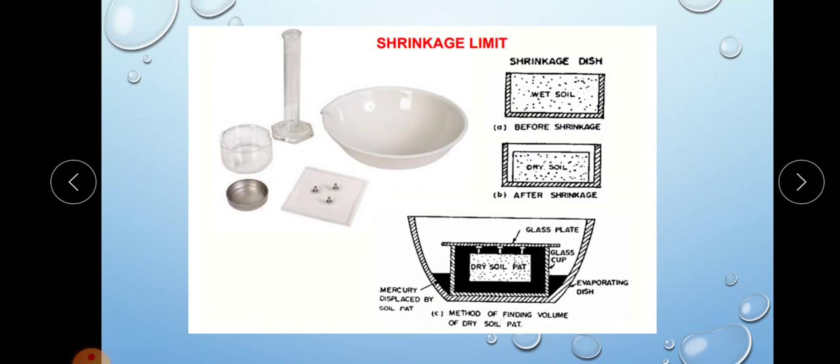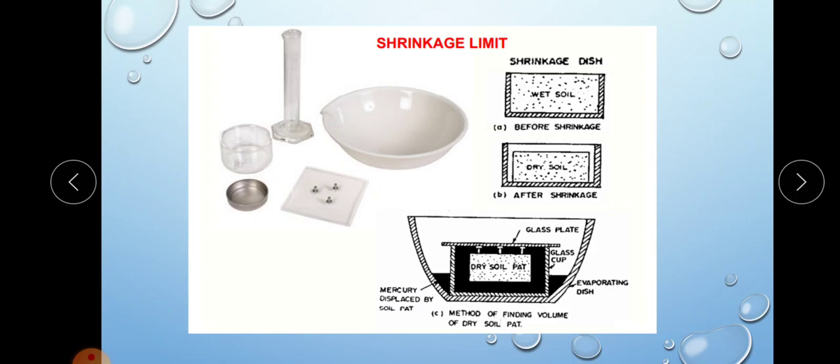In the last class we studied the variation of liquid limit, plastic limit and shrinkage limit with the water content, and the graph shows that after this shrinkage limit there is no change in volume. So shrinkage limit is the maximum water content at which reduction of water content will not cause a decrease in volume of the soil mass, or the water content at which the soil stops shrinking.